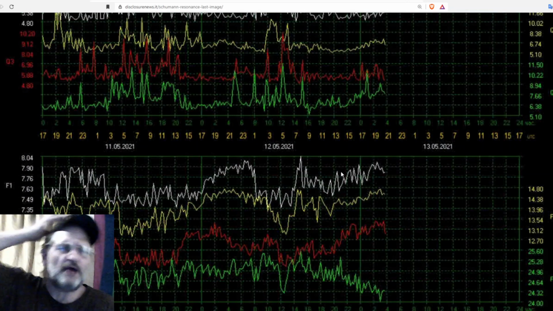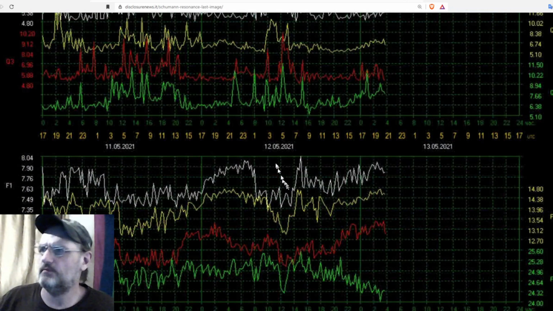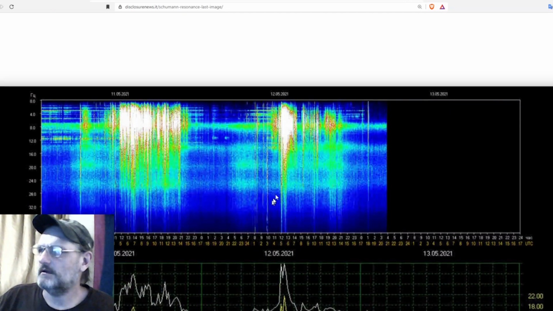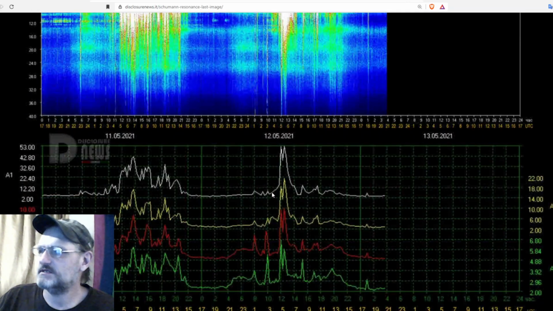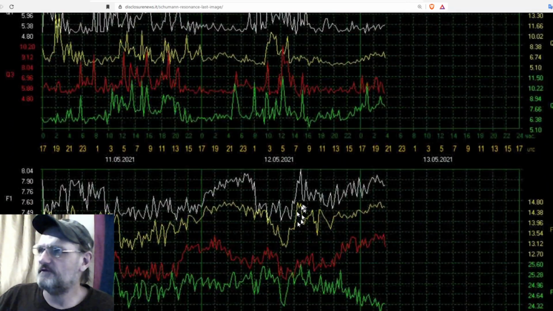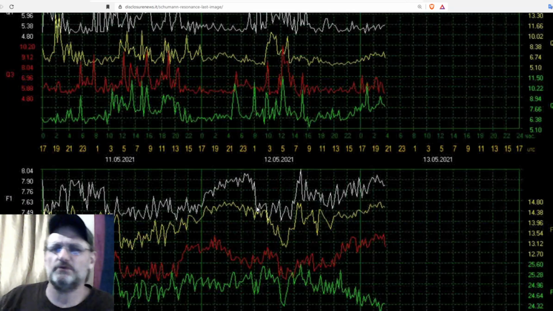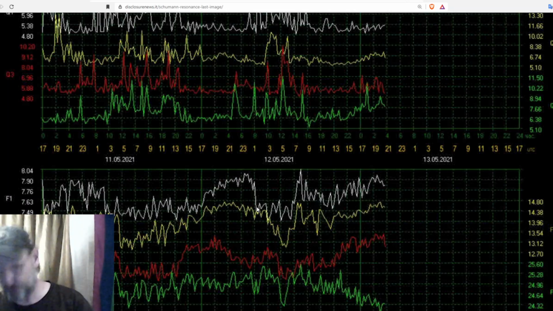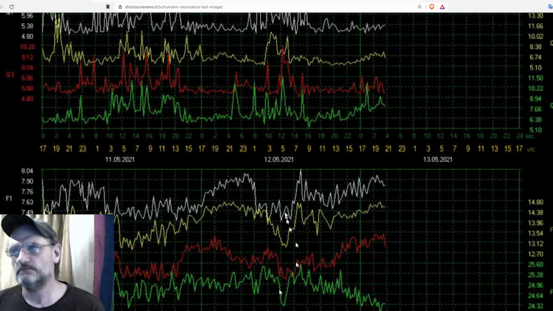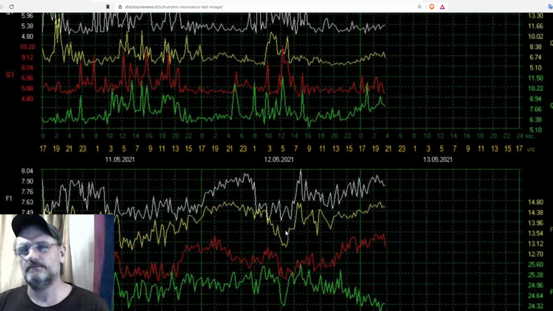Again, I've talked about diurnal patterns. This is one of the things I want to point out. The frequency is dipping as we see a peak a lot of times. The frequency of this is related to the quality. You've got to remember that, because the quality is the magnetic waves that are traveling around after the lightning flashes. And then you see there's a dip in quality. I mean, a dip in the frequency a lot of times.